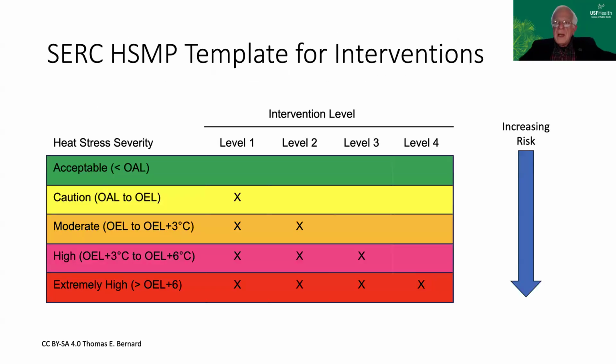All right, so when I take these two ideas of the guidelines and what I learned from OSHA, here becomes the template for interventions that's here. So the severity levels are exactly the same, but there are now 4 levels of intervention versus 3. And really this level 2 or intervention is the one that just really lifts right out of the OSHA draft